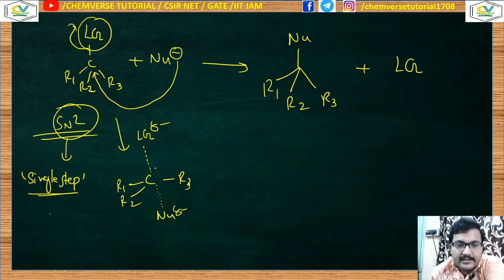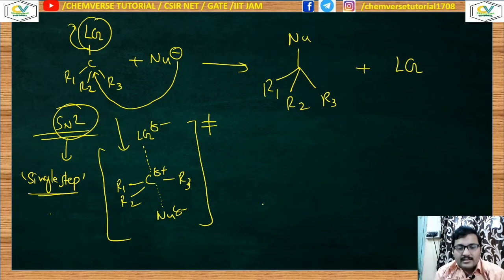So this carbon is delta positive, and this is a highly energetic state. Now this transition state is not an intermediate. An intermediate is something which I can isolate in some cases if it is stable to some extent, but this is not a stable state. It's nothing but a highly energetic state. You can think that carbon has only 4 valency. If you take a look at this transition state, there are 5 groups or atoms present around this carbon. So this is not a stable one, and it's a highly energetic state. Only in this case can you think that simultaneous bond breaking and bond making is taking place.